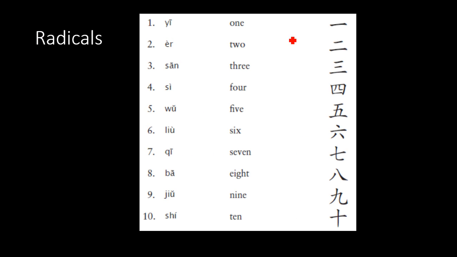Radicals of numbers. First, please read with me. 一二三四五六七八九十。一 横, 二 横横, 三 横横横, 四 竖横折撇竖折横, 五 横竖横折横, 六 点横撇捺, 七 横竖折, 八 撇捺, 九 横竖横折弯钩撇, 十 横竖。